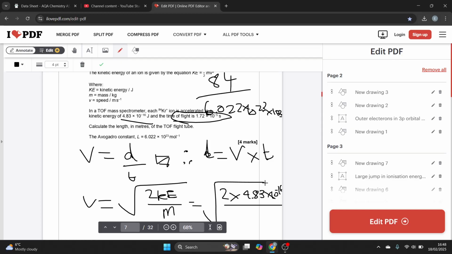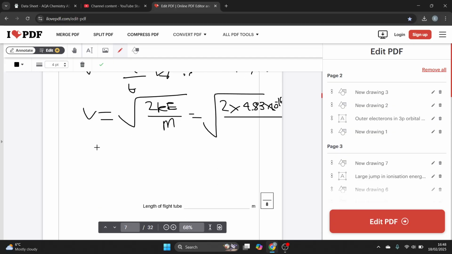So let's work that out: 84 divided by 6.022 times 10 to the power 23 times 1000. Then the velocity is the square root of 2 times 4.83 times 10 to the power minus 16 divided by my answer, and I get the velocity as a ridiculously large number,